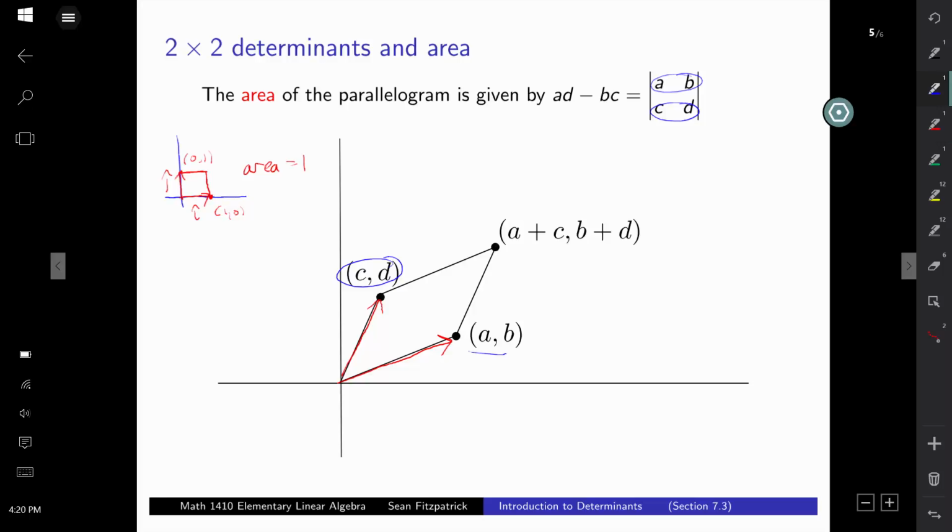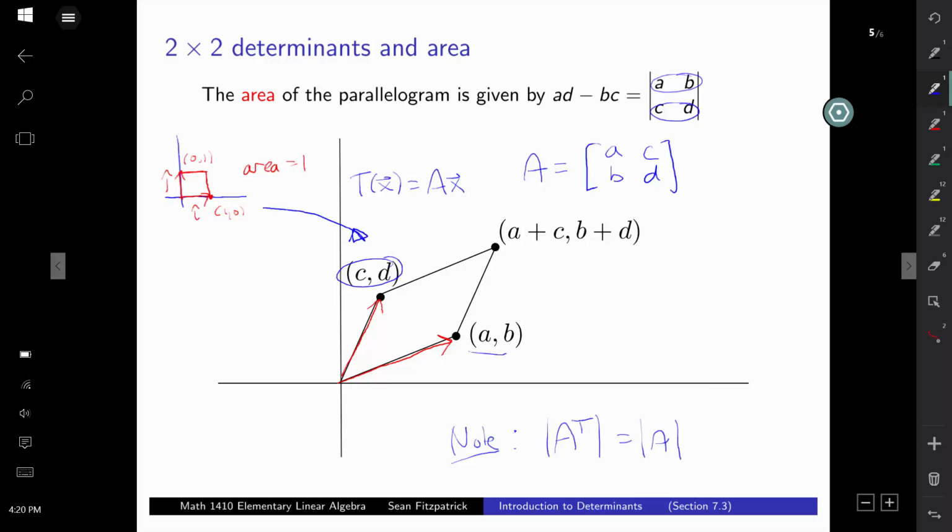You can think of applying a transformation, T of x equals Ax, where A is going to be, well, I guess I should do it this way, a, b, c, d. I need the transpose of the one that's up there. But notice that taking the transpose doesn't affect the determinant. This is actually true in general. Okay, yeah. So I can think of this parallelogram as the image of this square if I apply this function,